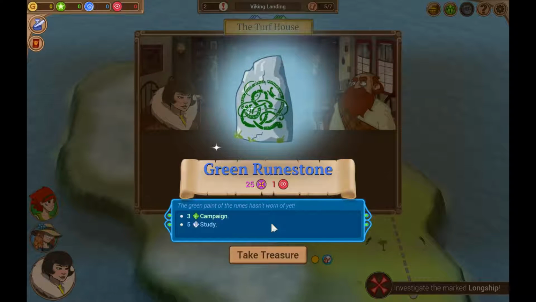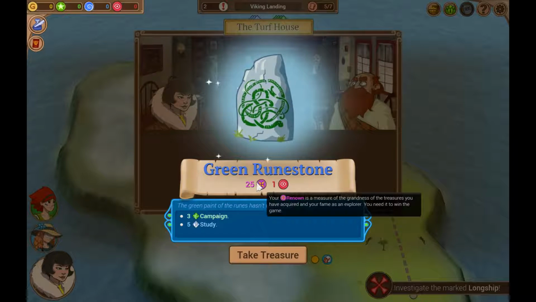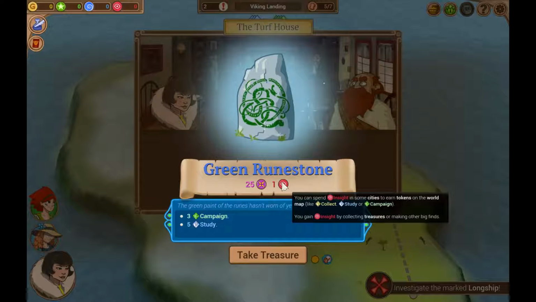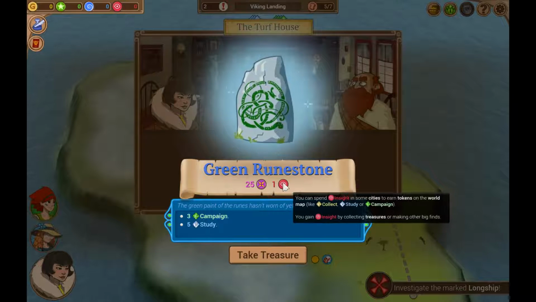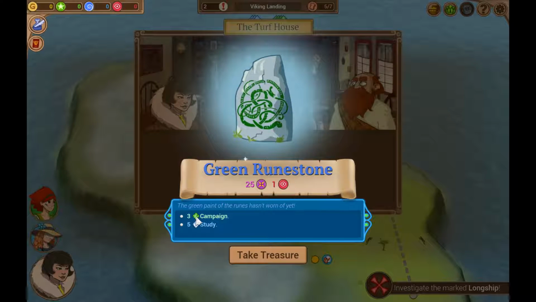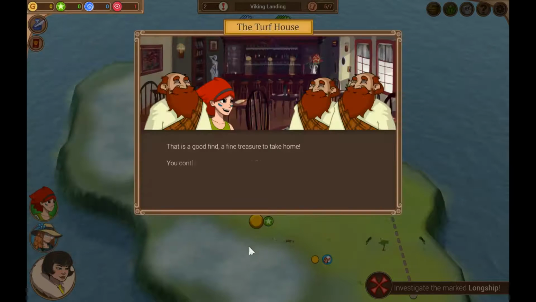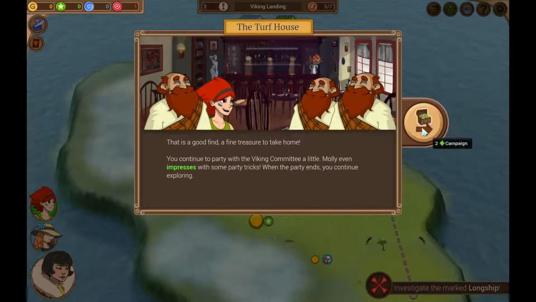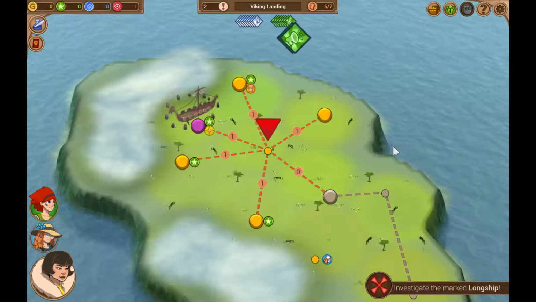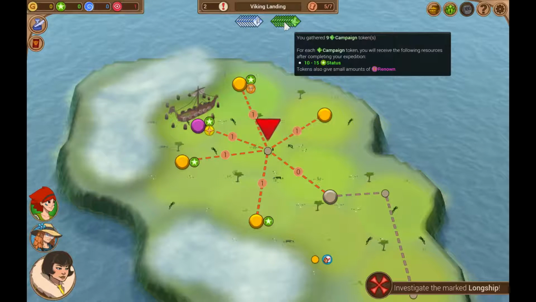So in this case, we got something that gives 25 renown, which is basically our score, and then insight, which we can spend in the cities for other rewards. Here we have some tokens, campaign and study tokens. So I think that item actually wasn't all that good based on what other items I've seen in my other playthrough, but all treasures are treasures, right? So we now have 9 campaign tokens,